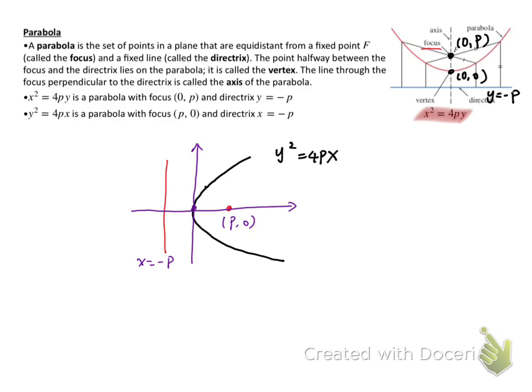Or you can think this is the graph that does not pass the vertical line test. So it's not a graph of x, but it is a graph of y because it passes the horizontal line test. And when p is less than 0,